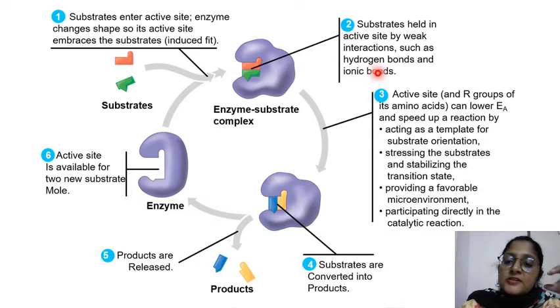Once the hydrogen bonds and the ionic bonds mix with the substrate, they lower the enzyme activity and increase the catalytic reaction by all these functions: by making the microenvironment favorable, by properly orienting the substrate, and by proper catalytic reaction. The substrate is converted into products. The products are released thereafter, and then again the enzymes are ready for new substrate. So this is how the enzyme acts, or how enzymes help in catalytic reactions.